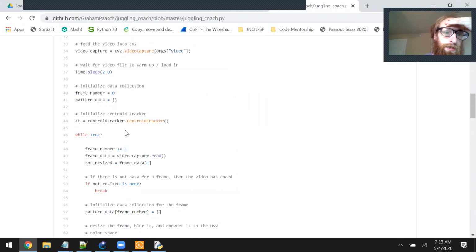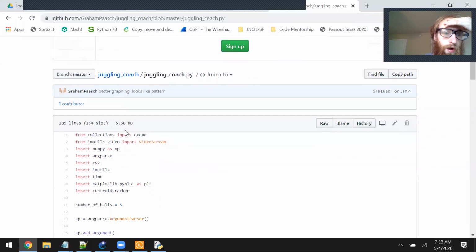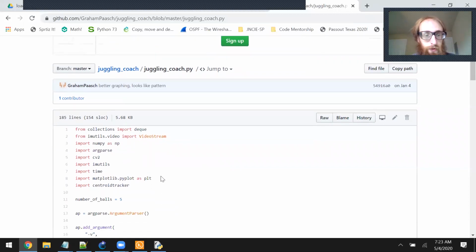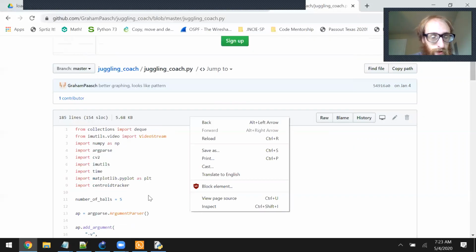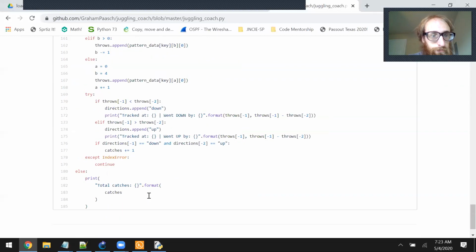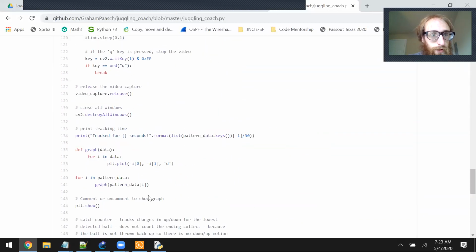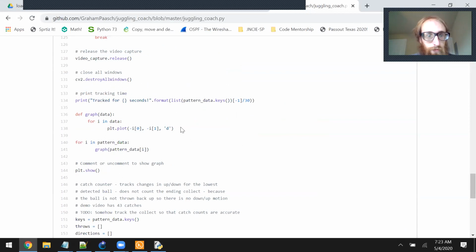So plt, let's see what that is. Aha, here we go. So import MATLAB as plt. Okay, and now on our x-axis, we're going to want the number of devices. So I don't know what this negative i means, but